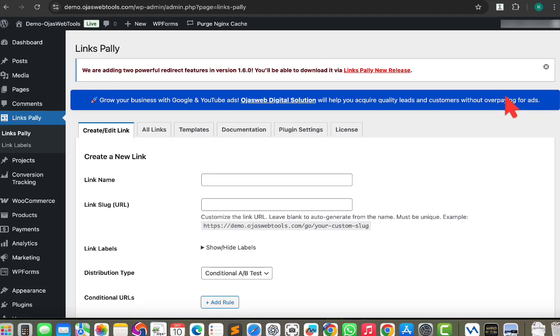Welcome to LinksPally. In this video, I'm going to be walking you through the dashboard. I will show you some of the amazing features, and eventually I will demonstrate one of the use cases of this powerful plugin. Right now, I've logged into my WordPress admin area, and the first thing you can see